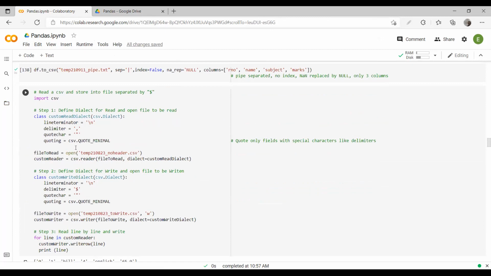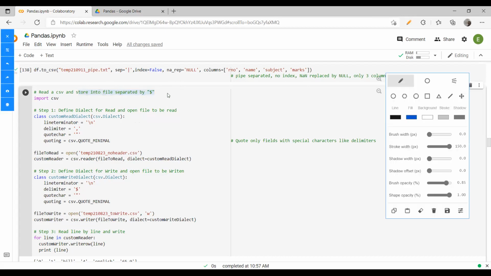Okay. So what we are doing over here is we want to read a CSV file and store the file separated by $, right? So what we mean by that is usually how is the CSV file stored? The CSV file is stored